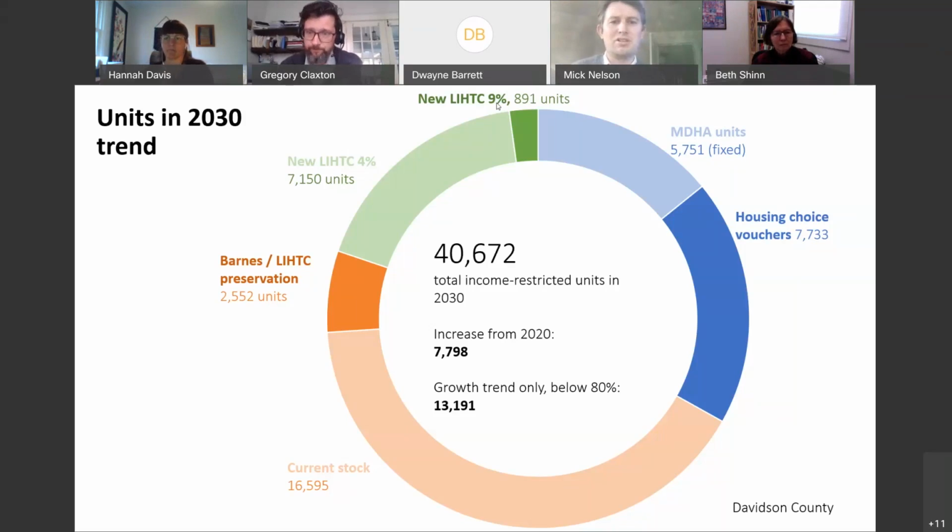Beth, I think we can postulate that the 8,000 unit increase is mostly from the tax credit program, and they won't have rental subsidies associated with them, so it'll be more in the 60% range rather than the 30% of AMI range. That would just be based on looking at where we see the growth is. Anything without a rental subsidy is going to have a hard time serving anyone below 30% of AMI. That was my point. Thank you.